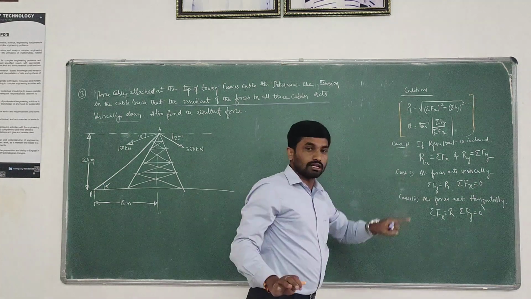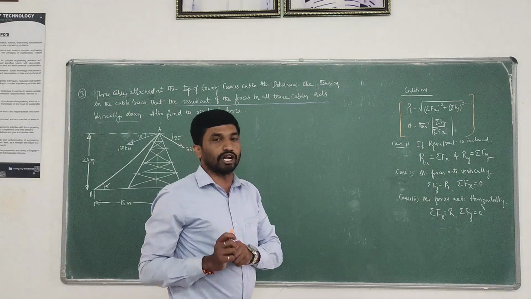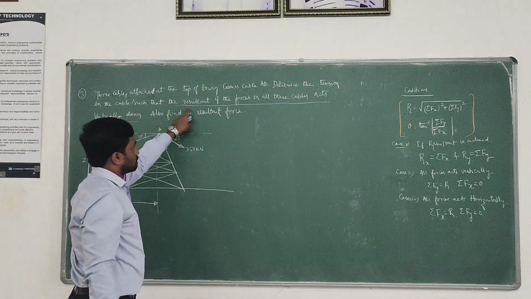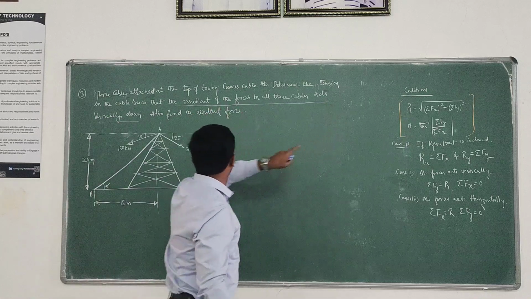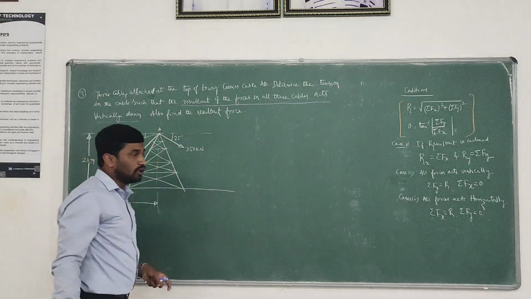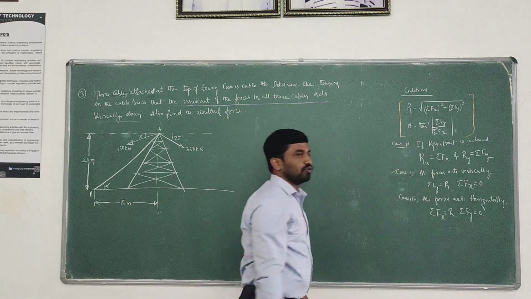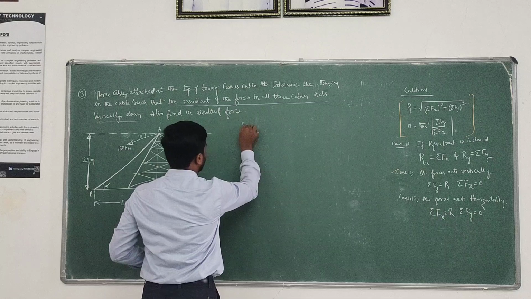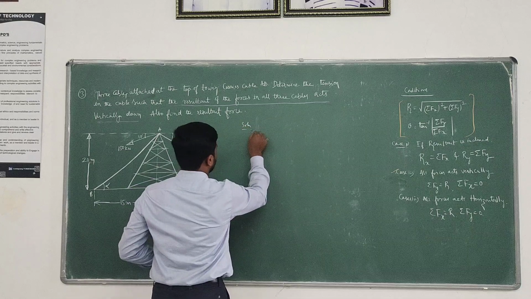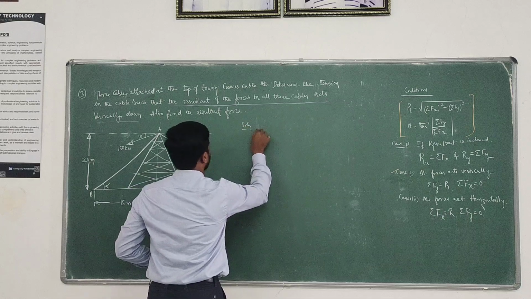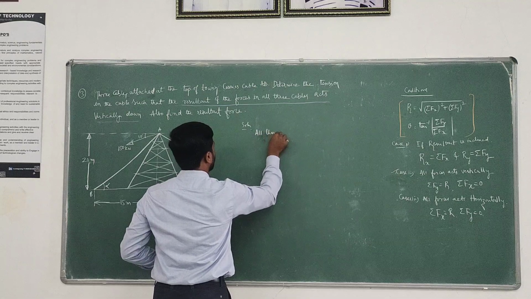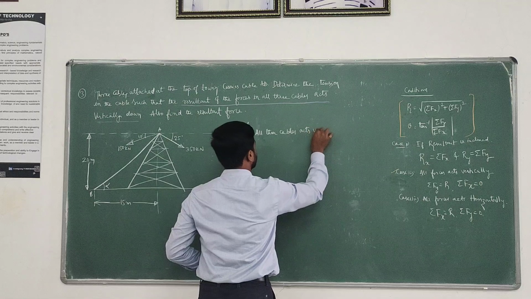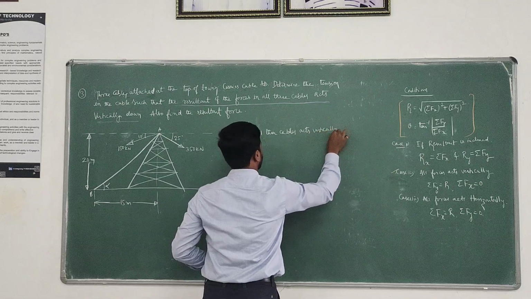The problems generally will be condition-oriented. So you have to observe the things in all cables, such that the resultant of all three cables acts vertically down. So this comes under case 2. As per case 2, the condition of the problem is that all three cables act vertically down.